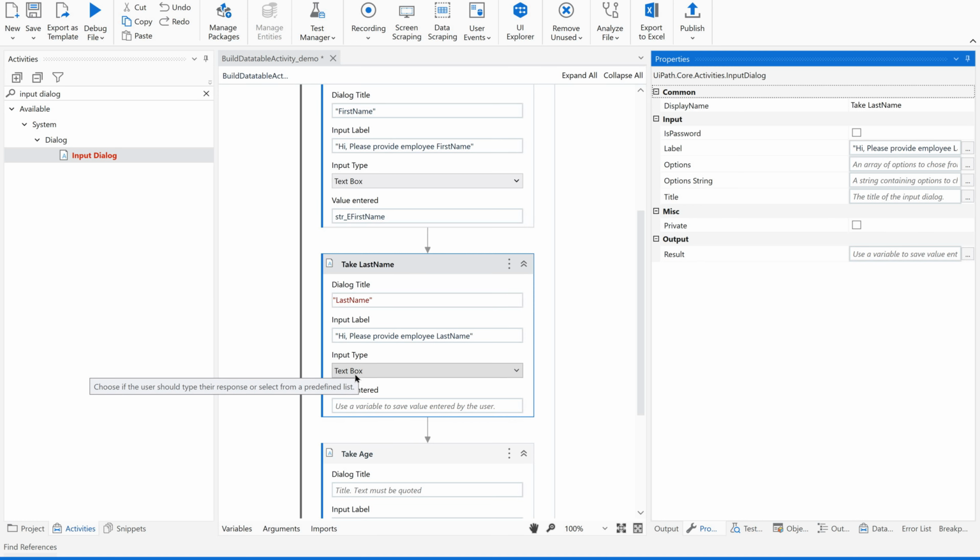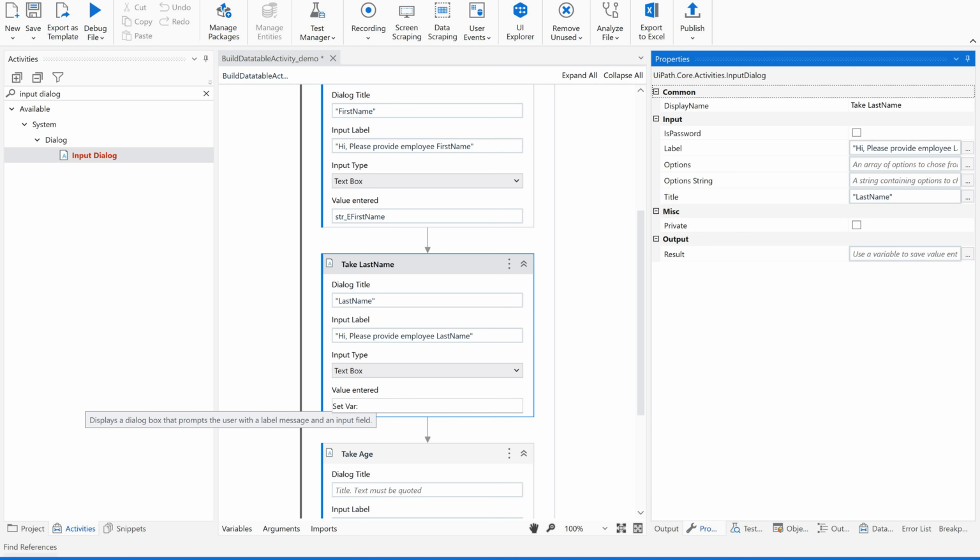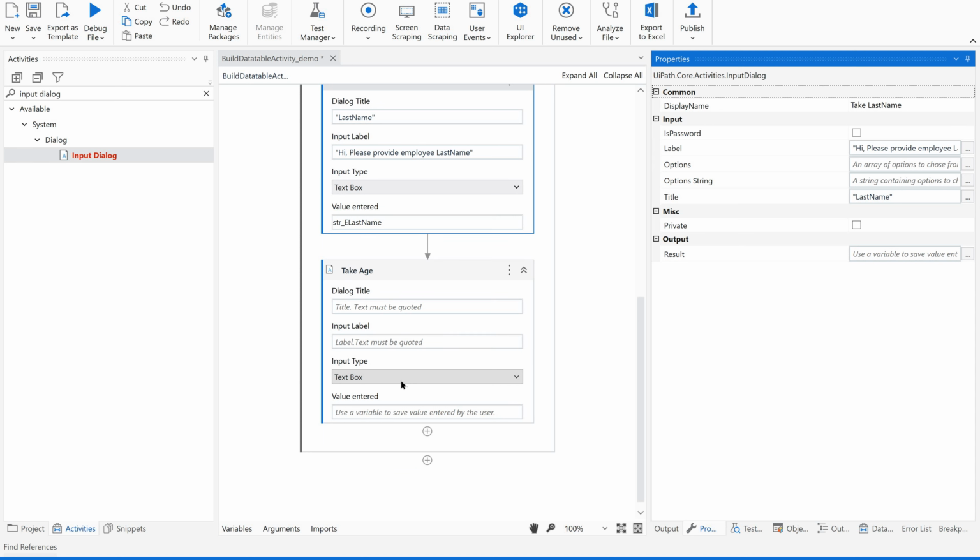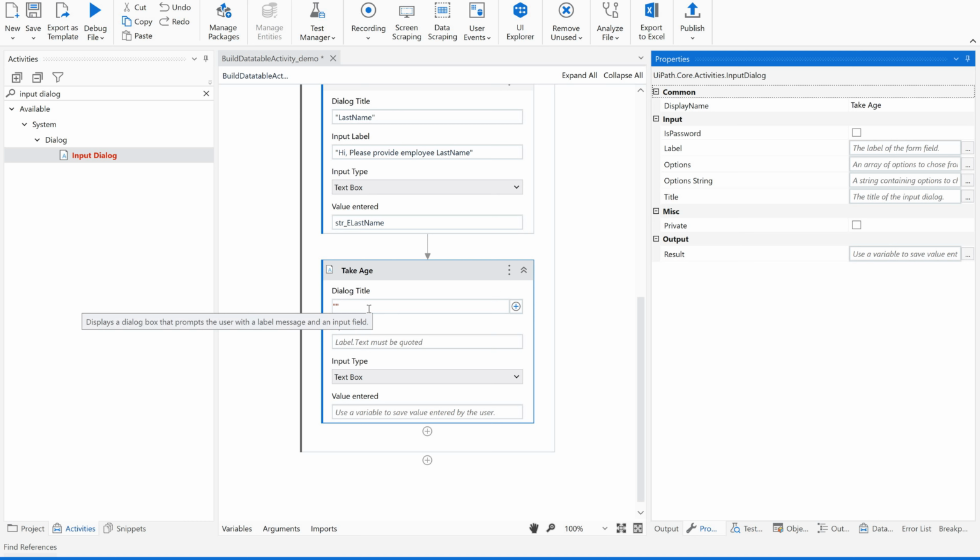So this is also going to be a text box, right? Yes. Now let me create one more variable to save this: E last name. That means employee last name. Similarly, age also. But age is going to be an integer. While creating the variable, we are supposed to take integer. So this is going to be employee age. Control K, int